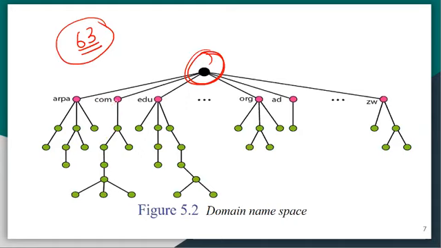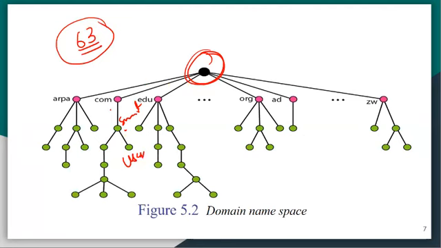Each node in the tree has a domain name. A full domain name is the sequence of labels separated by a dot. So suppose in this case I have user and smart, it gives user.smart.com. The domain names are always read from the node up to the root, and the last label is the label of the root. This means that a full domain name always ends in this null label, which means the last character is a dot, because the null string is nothing.